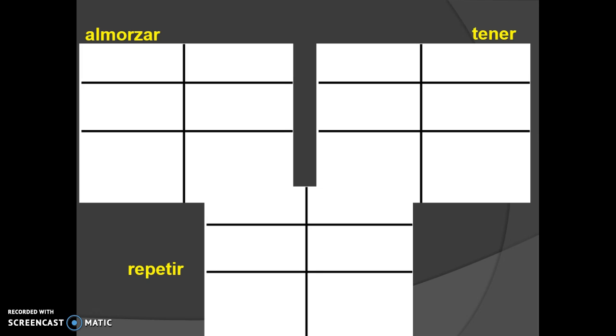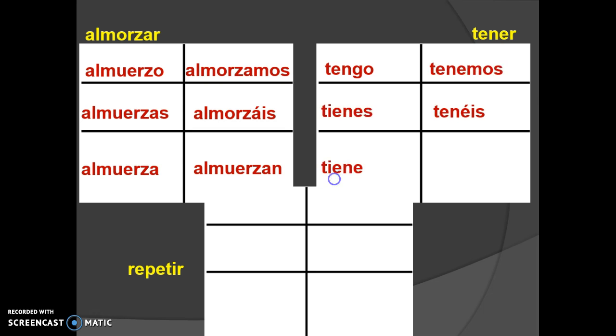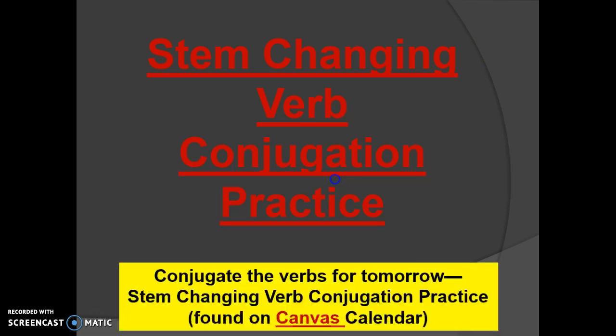All right, conjugating the verbs at the bottom. Almuerzo, almuerzas, almuerza, almorzamos, almorzáis, almuerzan. Tengo, tienes, tiene, tenemos, tenéis, tienen. Repito, repites, repite, repetimos, repetís, repiten. And then conjugate the verbs found on